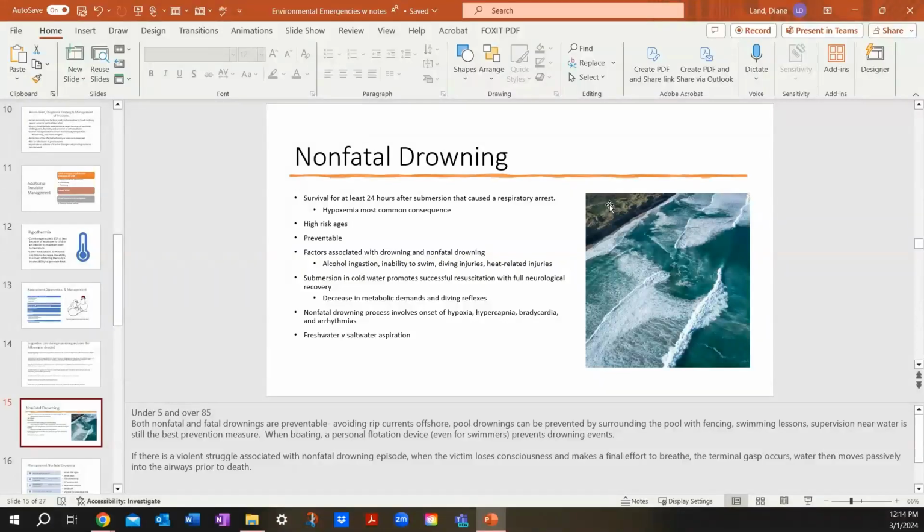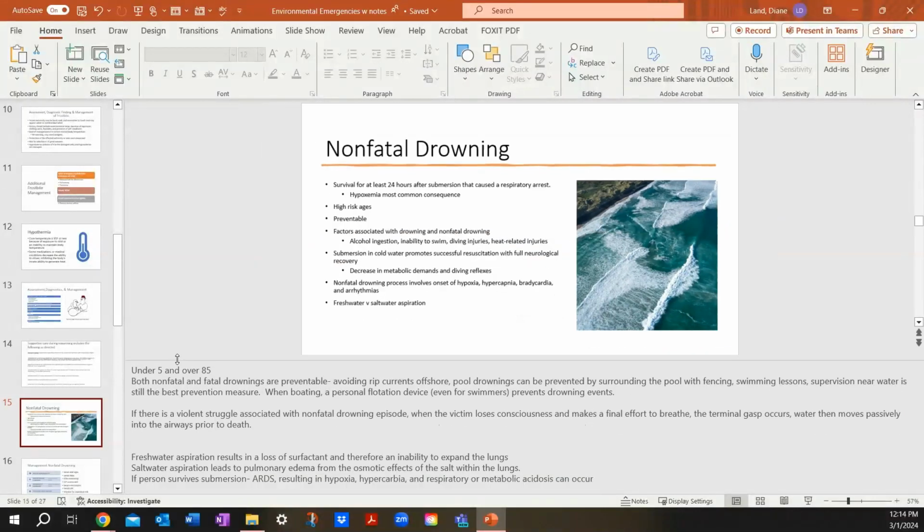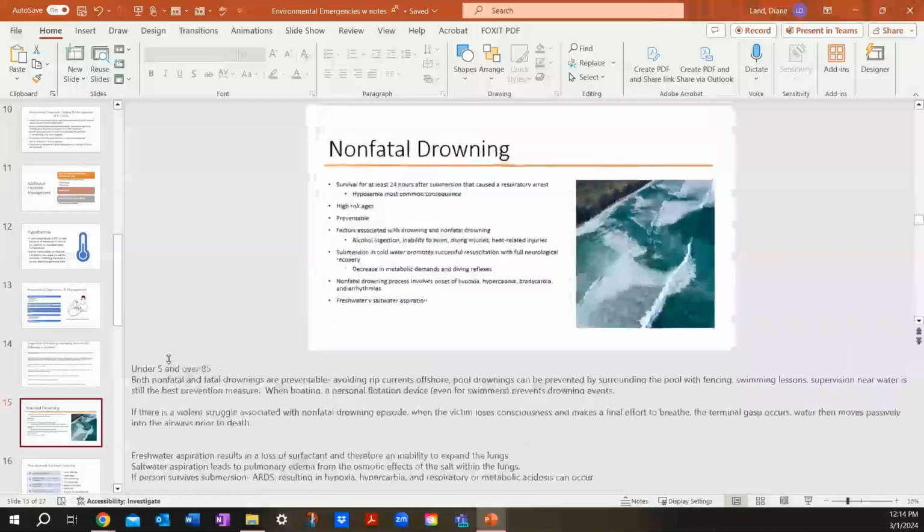Freshwater versus saltwater. So the big thing, there's a difference between freshwater and saltwater. Freshwater aspiration results in loss of surfactant and thereby inability to expand the lungs. Where saltwater, think about it, water follows salt, right? So they get pulmonary edema from the osmotic effects of the salt pulling the water into the lungs. If a person survives immersion, they have ARDS resulting from hypoxia, things like that, respiratory or metabolic acidosis. Another thing, if